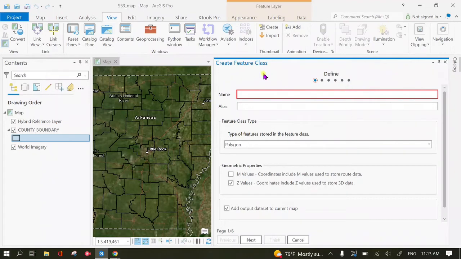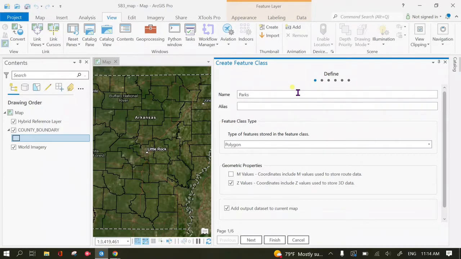So we're going to create a feature class, and earlier I made my create feature class pane really big so that you guys can see it easily. And since this is the first time you will be creating a layer or shapefile or feature class, we are going to create something that's a bit silly so that the stakes are low. So I want you to make a point feature class that displays 7 locations that you have been to either in the state of Arkansas or the city of Little Rock. I'm going to add points of like state parks that I've been to, so you guys will see that in a few minutes. So I'm going to name this